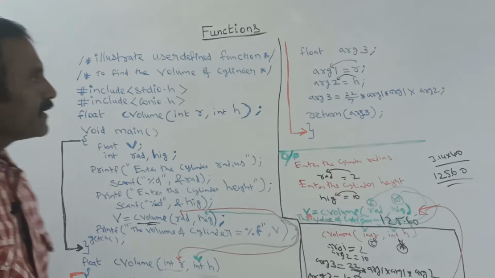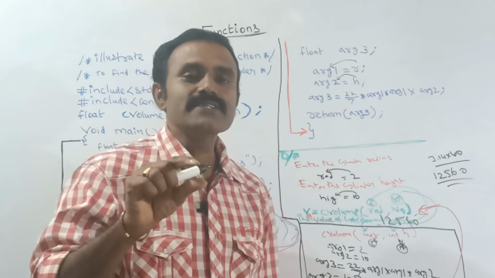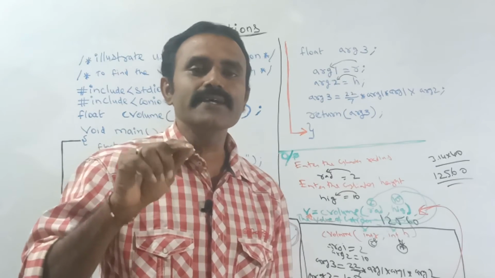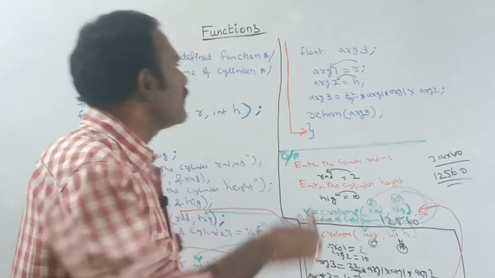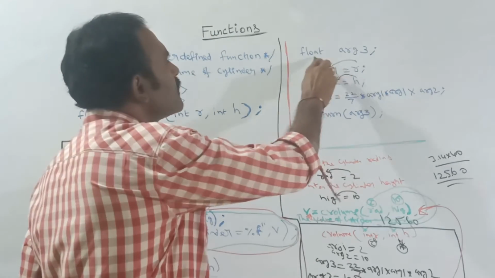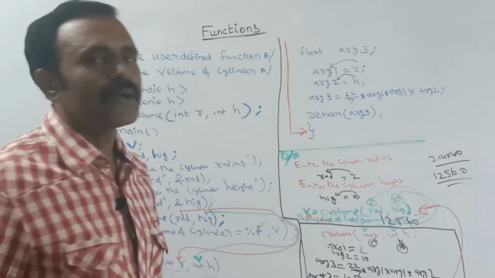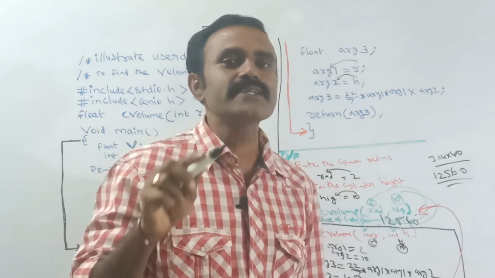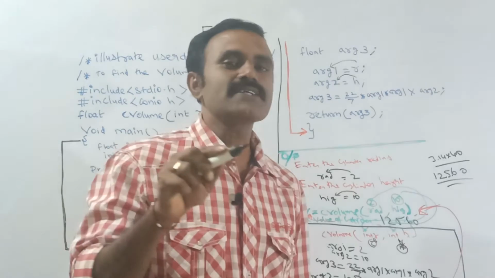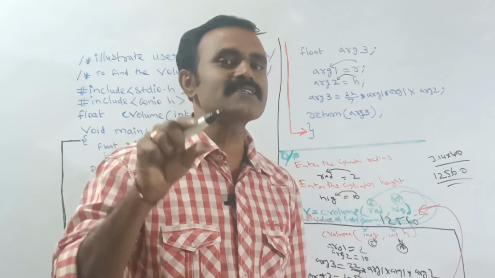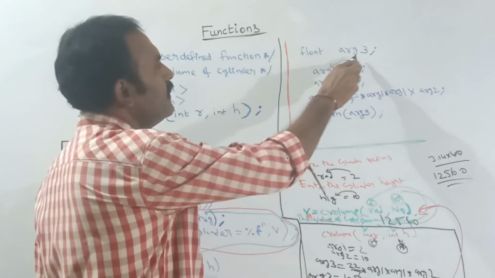Next, when we are calculating, it will give a floating point, that is, a fractional value. So for the result, argument 3, I am declaring it with the data type float, because the pi value 22/7 gives a fractional value only. After multiplying it will give a fractional value only. So to store that fractional result, I am declaring the variable float as argument 3.